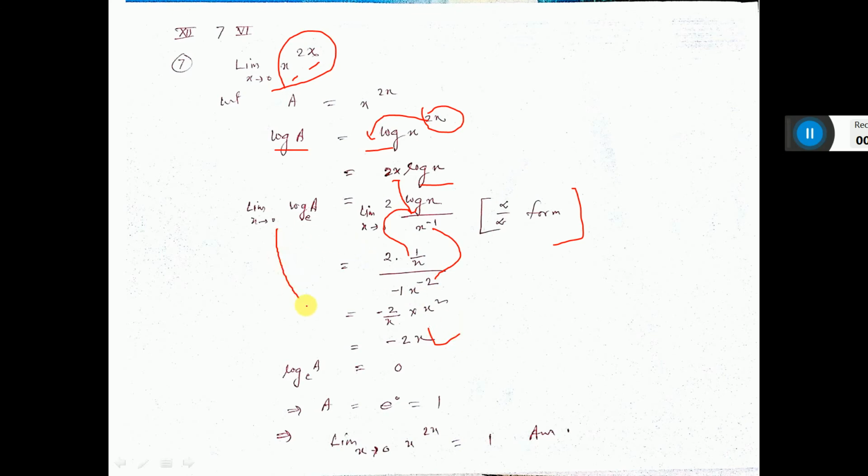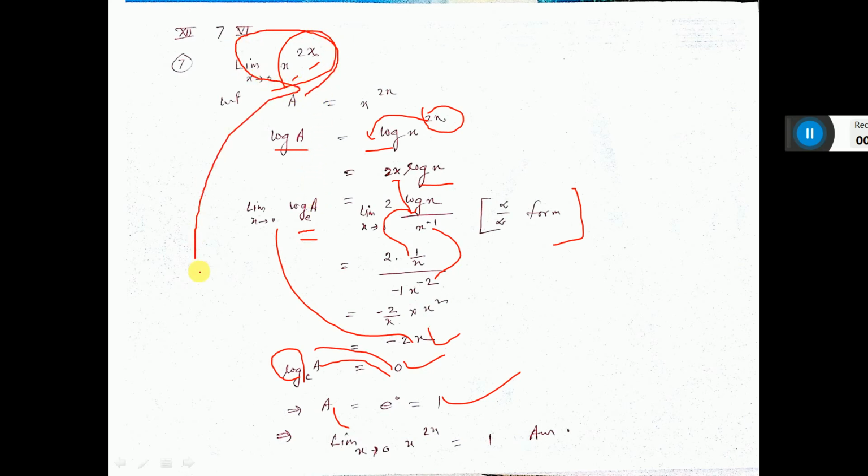Now you put x equal to 0 here. So minus 2 into 0 means 0. So this one, log a base e equals 0. Now if you remove log, then 0 will jump here, a will jump there. So e to the power 0 equals a, that means a equals e to the power 0. Now something to the power 0 means 1. Now what is the value of a? The value of a is this one we consider. So put it there, we will get the answer.